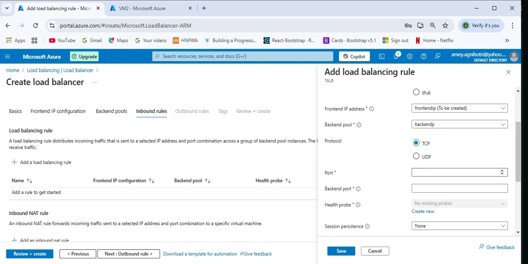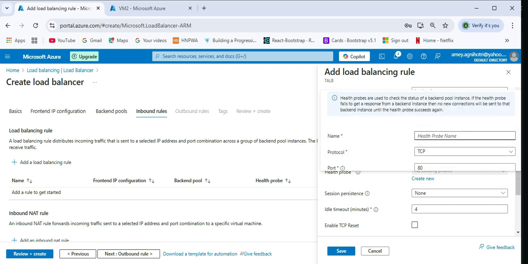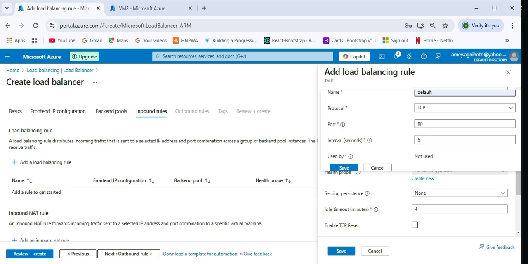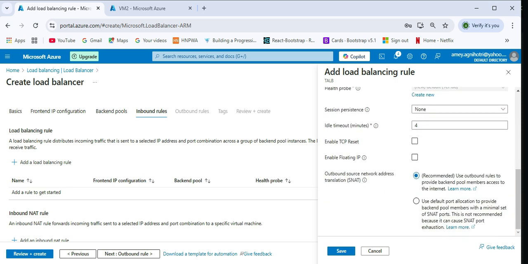Then the port. So now our front-end configuration is ready. The port is mapped on the front end, that is 80, and the backend port also 80. Then create a health probe, which is not created yet. So let's just enter some default one, and then the protocol, that is TCP port 80, and the interval within 5 seconds it will call again. So let's save this, and we don't need to change anything in the remaining part. So let's click on save,